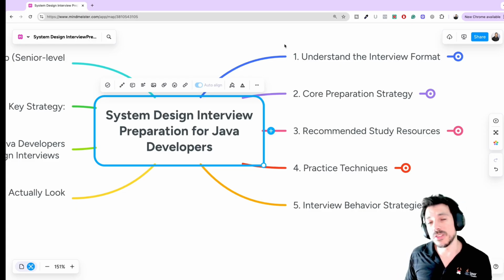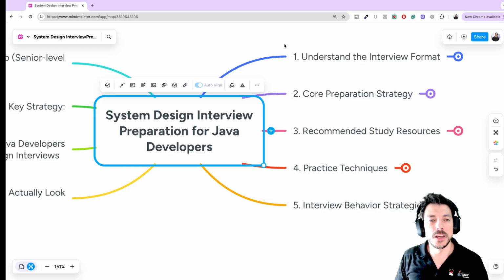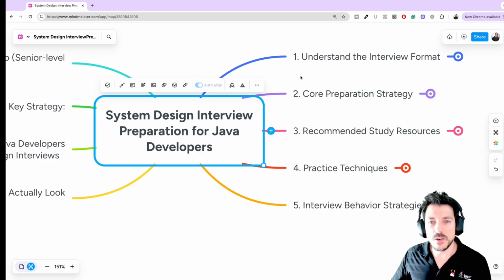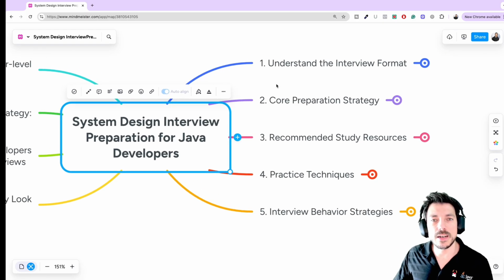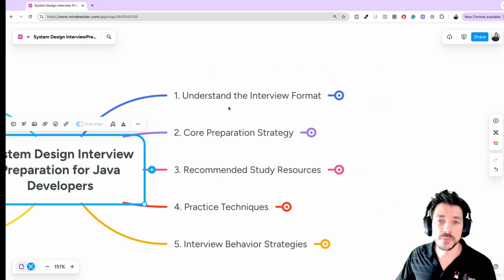So this interview is not easy at all. We need to practice. We need to also study the cloud components that make microservices scalable. And not all the time will you use microservices, but in most cases, in most systems you're going to design, yes, you're going to use the microservices architecture. Okay, so let's talk about some strategies. Let's talk about some points that will definitely help you in this difficult interview.